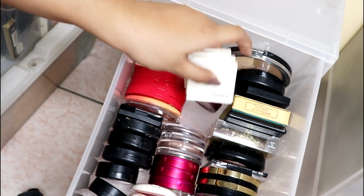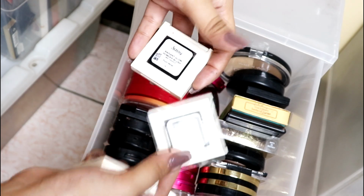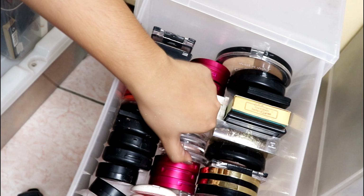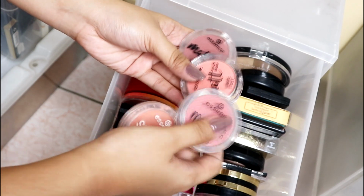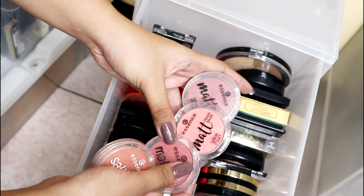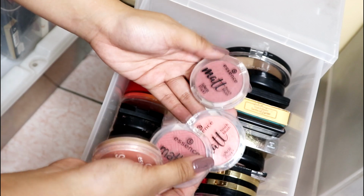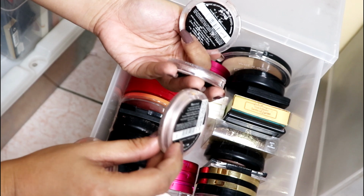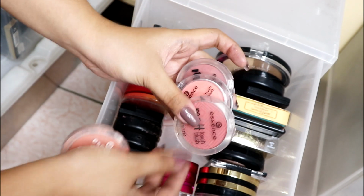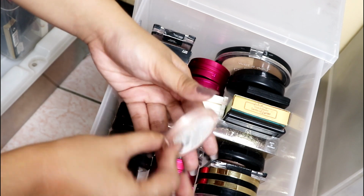I have 3 shades from Sassy Colors. This one is the Radiant Powder Blush in the shades Sea Rose, Nude, and Plum Velvet. I have 4 blushes from Essence. I have here 3 shades from their Matte Touch Blush. Gustong-gusto ko to kasi nalalast siya sa cheeks ko and hindi siya patchy tignan. So, I have this one in the shade Cherry Me Up, Berry Me Up, and Peach Me Up. So, I have those. And then this one, I have a shade from their Satin Touch Blush in the shade